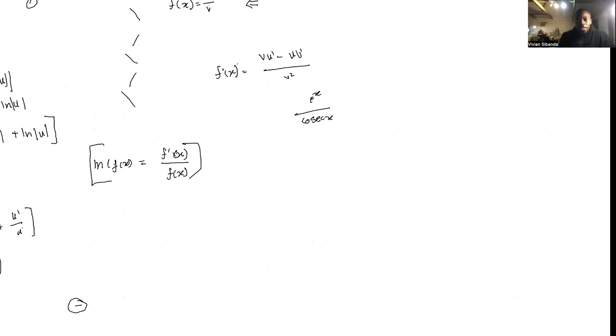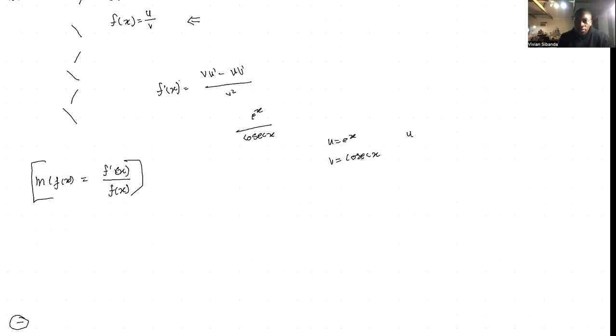So now we say u is e^x, and v is cosec of x, and then u prime is again e^x, and then v prime is negative cosec x